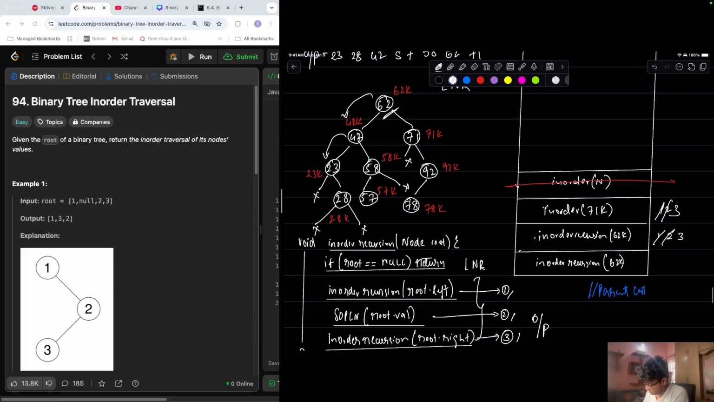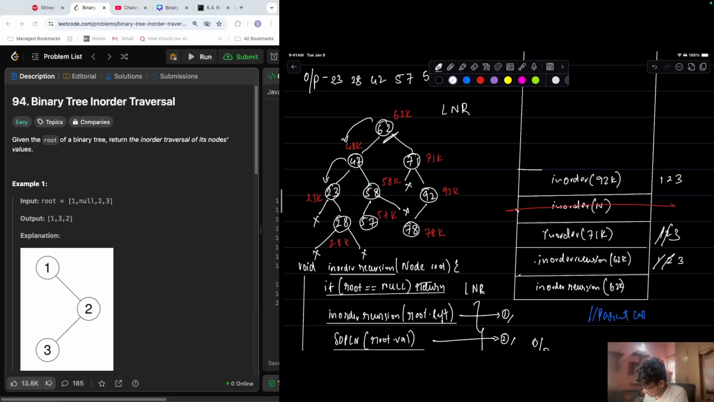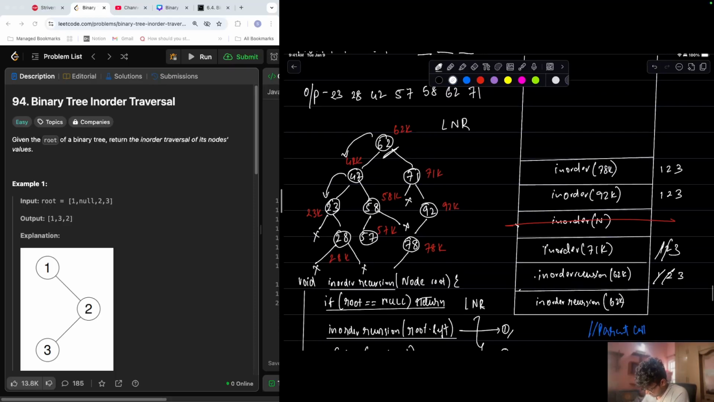Second step is done. So I'll call in order of 92k. This will again have three steps. First step is to call left. This will basically call in order of left is 78, right? If you see over here, my left value is 78. So I'll call in order of 78k. Again, this will have three steps, 1, 2, 3. If you see 78 has both of them as null, so what will happen is it'll be calling in order of